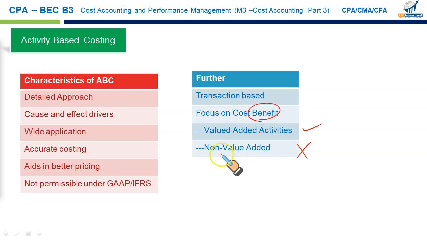Remember, what kind of cost would you call non-value added? Warehousing. It is not a value added cost. Material handling, production scheduling, these are costs the customer doesn't care about. They do not add any customer utility or usefulness. So such costs are ideal for elimination if possible.